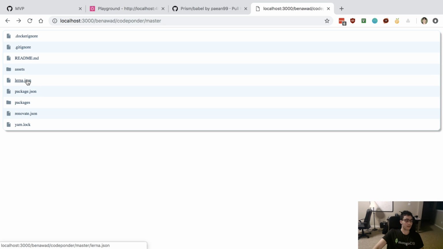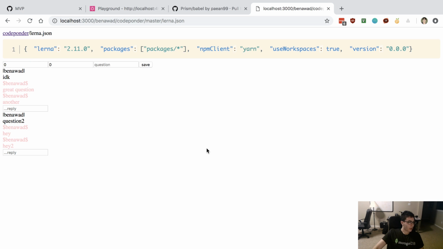So let's do Lerna. Ben, what are your plans with the Saffron app? I have a lot of different plans. I can talk more about that at the end if you want, but there's a lot of different stuff I want to do with it. Currently just developing it on the side as I do other stuff, but